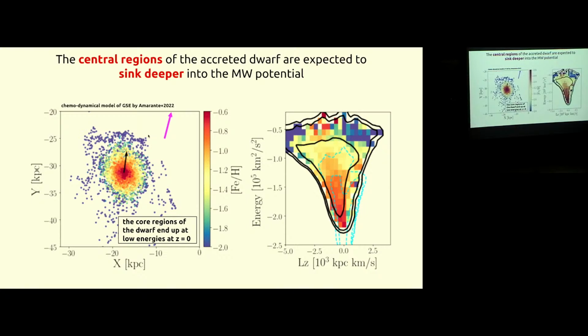So this is a chemodynamical simulation of this last major merger. This is the galaxy that develops in the simulation, and it's color-coded by the metallicity of the particles in the simulation. And in red, you can see the more metal-rich things that develop in the center. And when this thing merges with the Milky Way, it becomes this in this energy angular momentum space again. And you can see that the things that are more metal-rich, that are red, end up sinking deeper into the potential because they are in the center of the galaxy. So from the perspective of dynamics, we think that ωCentauri should be the nuclear star cluster.